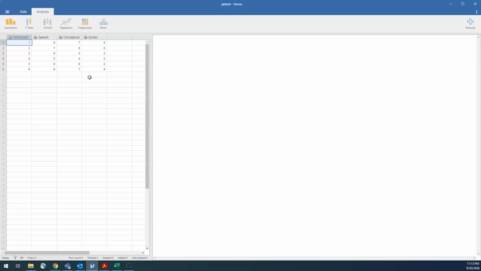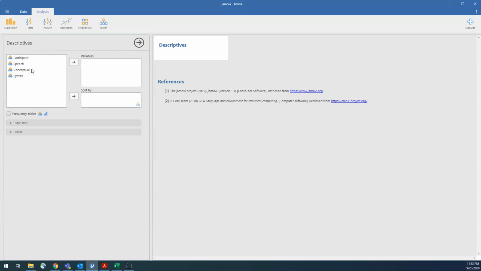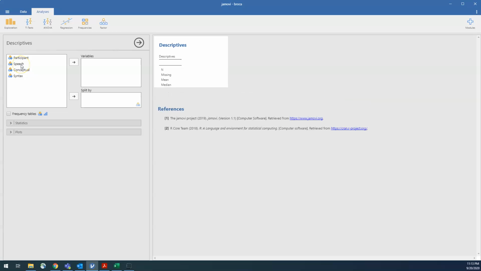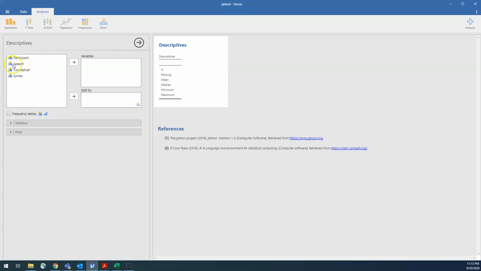So the first thing, as always, what we want to do is to go to exploration and run some bar plots so that we can understand what's going on here. Just big picture with the data. The first thing you'll notice is that the conditions here, or these variables here, are not coded appropriately. So these are listed as if they were categorical variables. See these icons? That suggests we have to go back and fix them so that they're continuous variables.